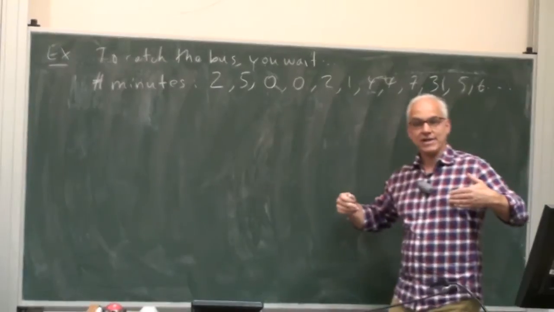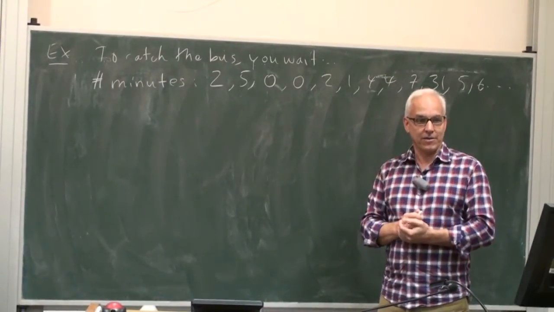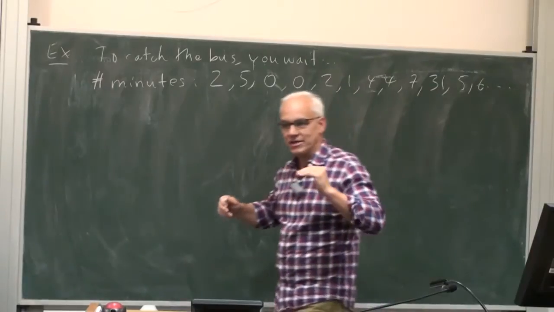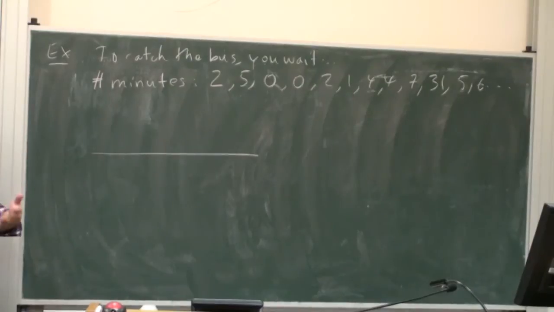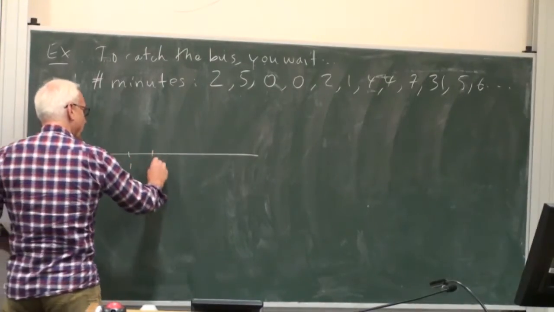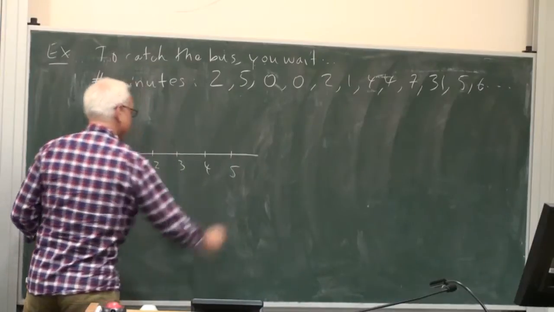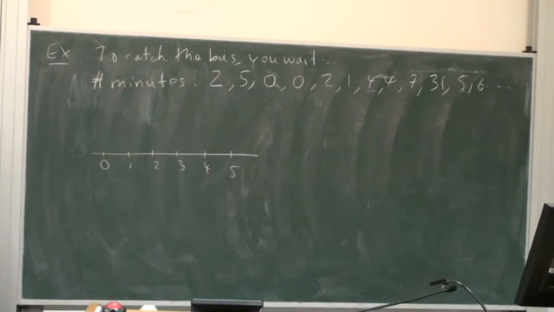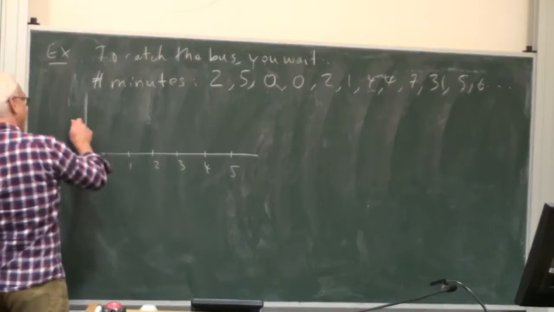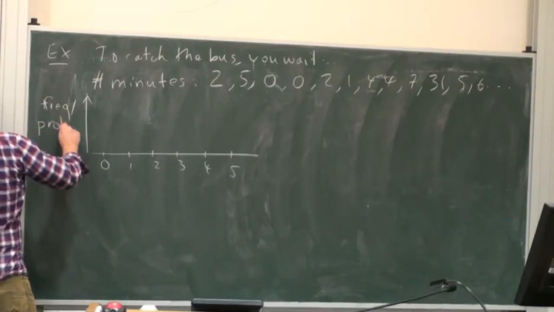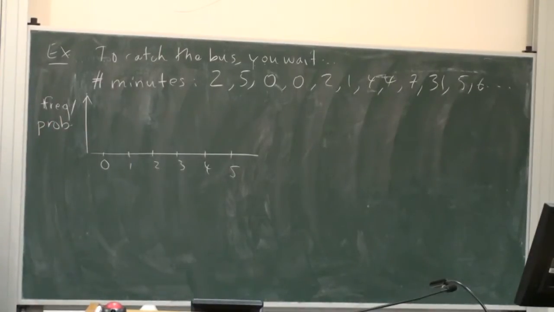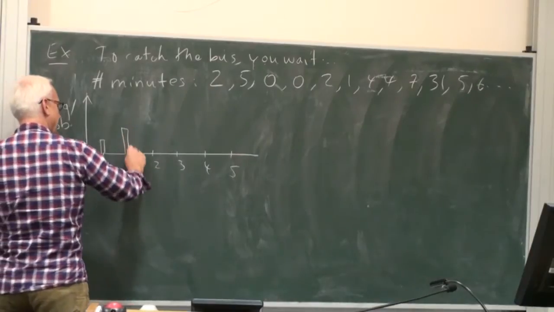But after a while, you'll realize that all these numbers are not equally likely. That we can kind of measure the relative frequencies of the numbers by a kind of a graph. Right? So we can plot the values that we're interested in, in this case 0, 1, 2, 3, 4, 5, and we can compute the relative frequencies of these various numbers. This is something you could do. And perhaps, so here would be the frequency, which is really much the same as the probability. So maybe you find that you get something like this.